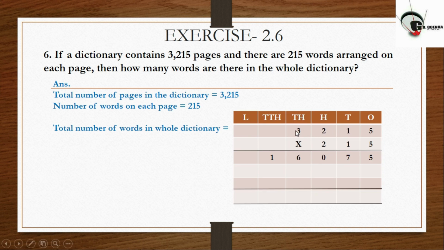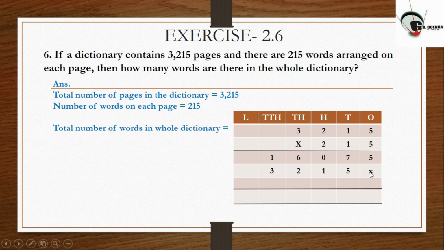First of all we need to write down these numbers accordingly. This is the multiplicand and this is the multiplier. And we need to multiply by 5. We need to multiply all the digits of this number by 5 first of all, and we will write it down in the first row. 5 fives are, then 5 ones are, then 5 twos are, then 5 threes are, and I have written over here. Next step will be to put a cross here and then multiply by 1 with all the digits like this.